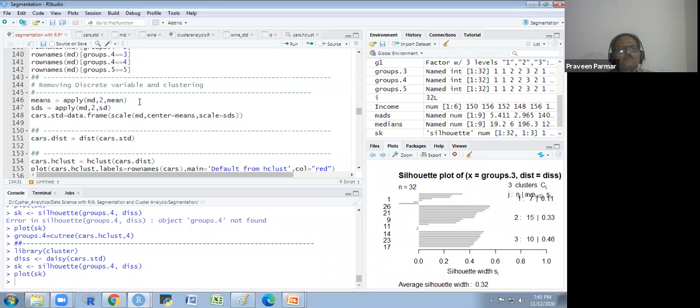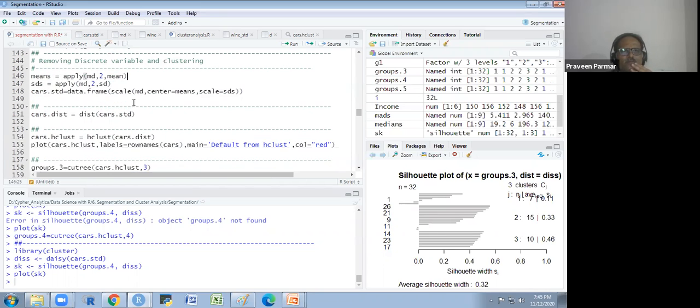And some more thing I have done here, the means, removing discrete variables and clustering. So the means apply MD2 as it is. We have done it yesterday.